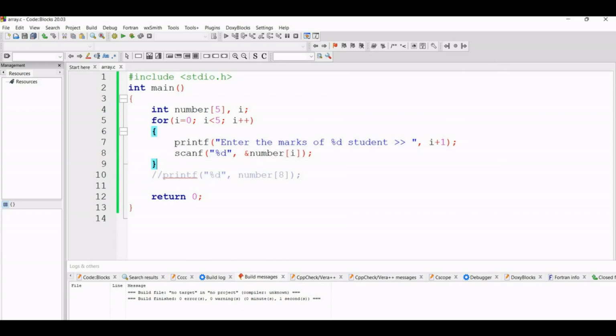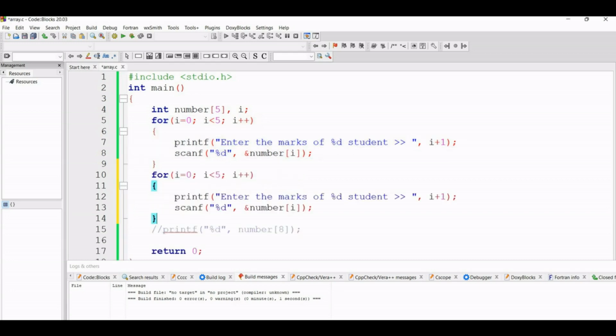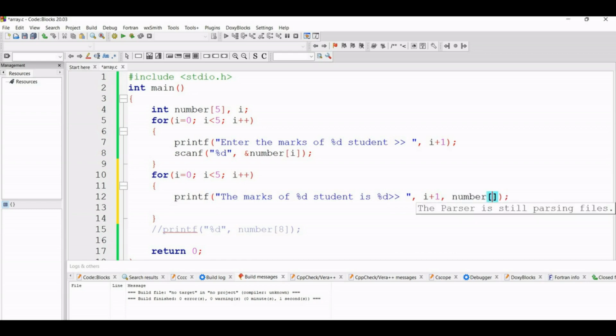If I want to print that, what should I do? I will copy this and paste it one more time, and instead of scanning this value, I will print that value. I will write "The marks of %d student is %d", and after I plus 1 I will give the marks of number I. We give one \n, and at that time it will create a new line.